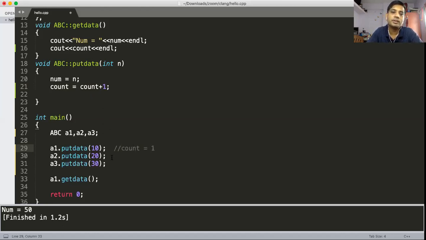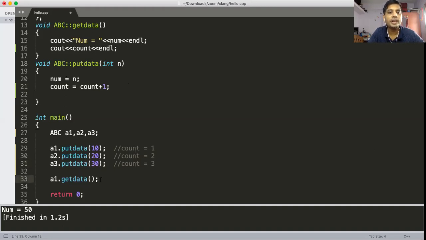When you call the put data function of a2, there also you access the count variable, the shared variable, which has the value 1, and the new value of count becomes 2. And when you call put data for a3, the shared count variable becomes 3.